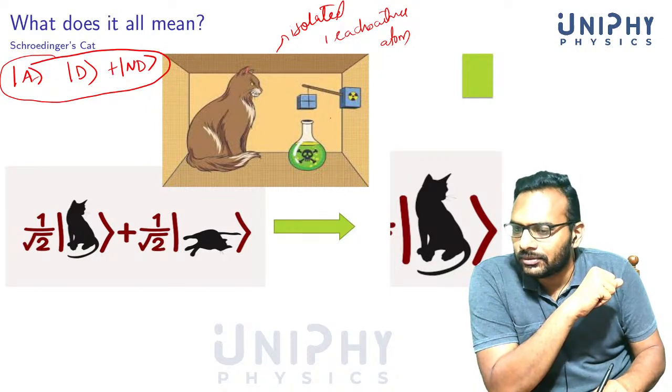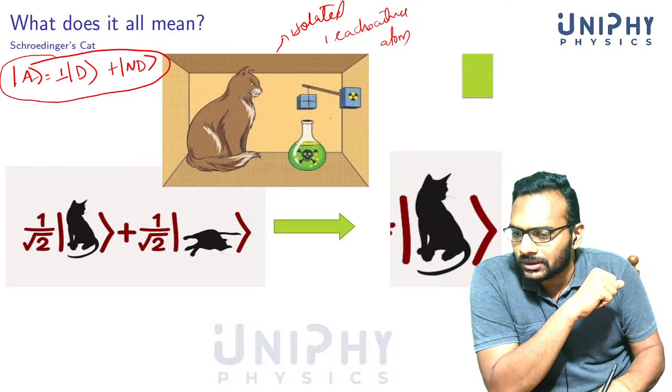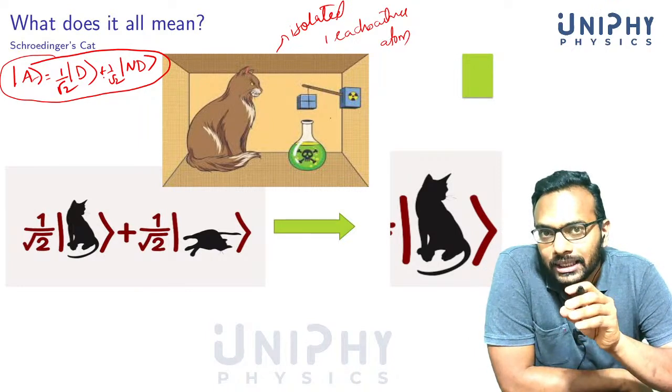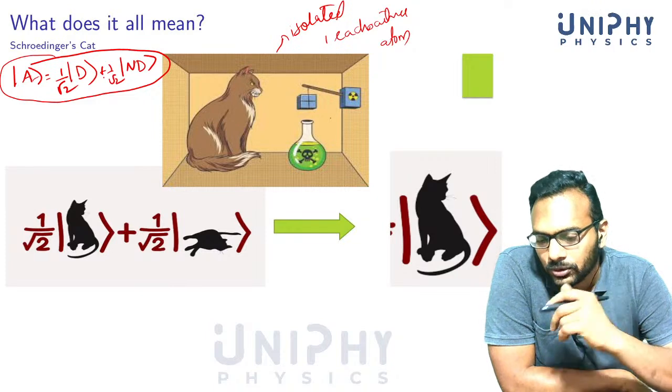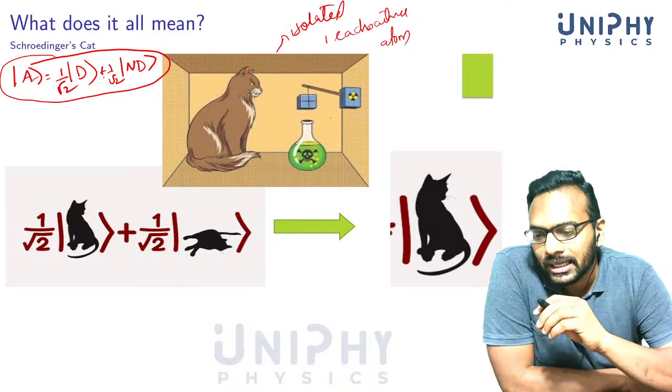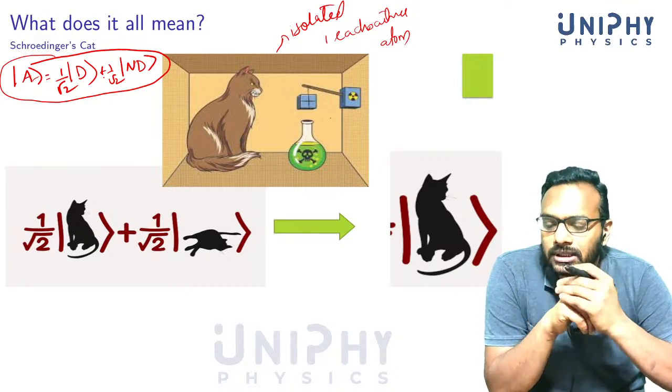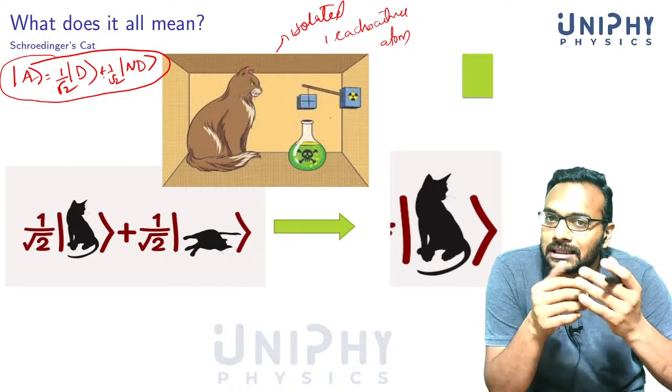So let's wait exactly until the time when the coefficients become 1 by root 2. Now quantum mechanics does not say that it's either decayed or not decayed. The way we chose to speak about it, quantum mechanics is saying that it's both decayed and not decayed at the same time. That's superposition for you. It has to be in both slits at the same time.